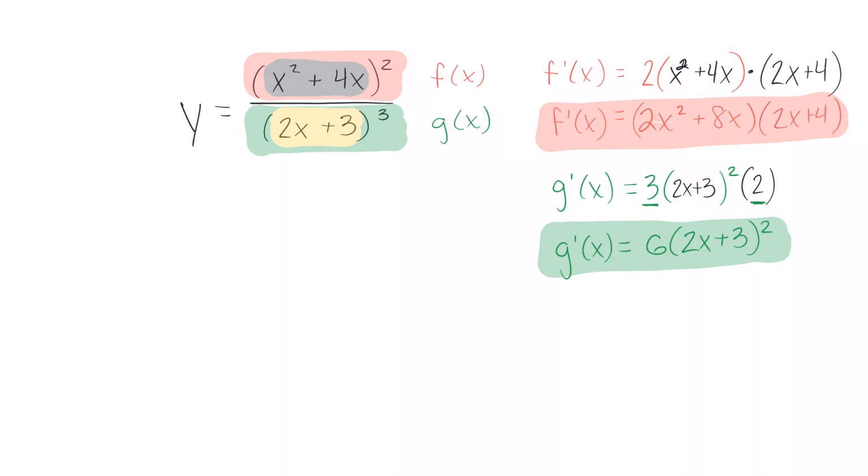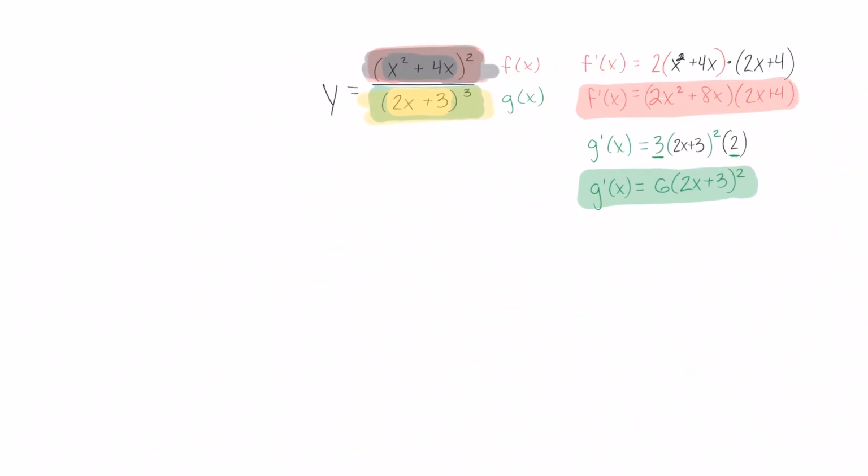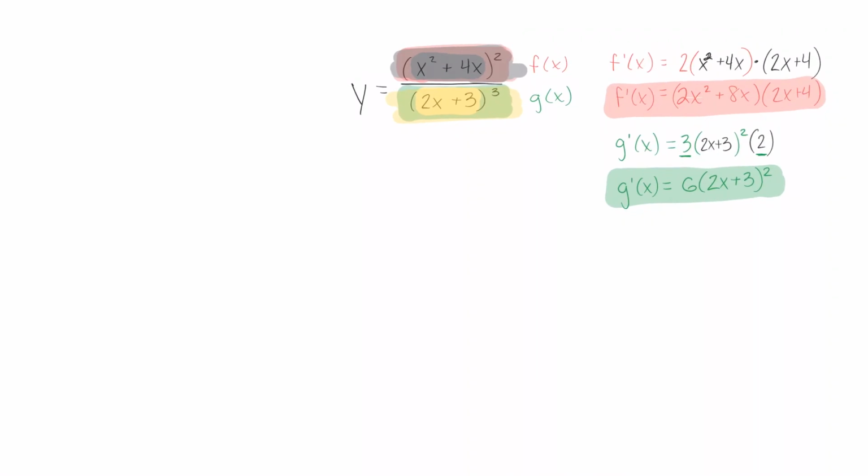Okay, so right now I'm going to go back. I'm going to make this all red. So here's f of x. Oh man, make it all gray. Here's f of x. Here's g of x. Here's f prime. Here's g prime. So now all we really have to do is plug that into our quotient rule. So let's make this smaller. So quotient rule says